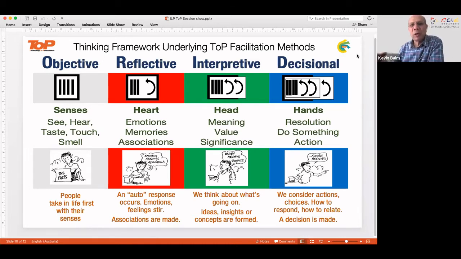It's possible that some of you at this moment are looking at this slide and saying, too busy. There's the associative level kicking in, being initiated. Or some of you might say, I like the colorfulness. There's an example of the associative level playing itself out in real time. So ToP calls this the reflective level. And for historical purposes, we continue to use the language that was first constructed back in the late 50s, early 60s. So we continue to say objective, reflective, interpretive, decisional, even though today we might have some more contemporary language